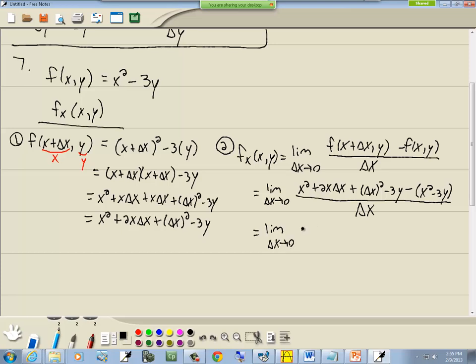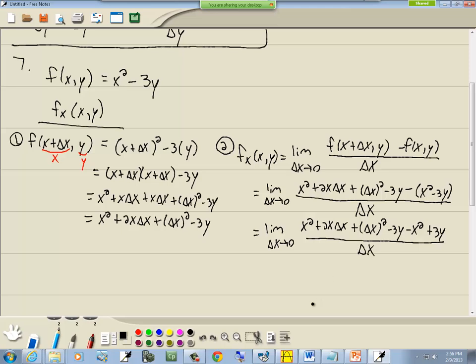Well, we'll have x squared plus 2x delta x plus delta x squared minus 3y. If you have a negative in front of your parentheses, it's going to flip the sign of everything inside. So this becomes a negative x squared plus 3y over